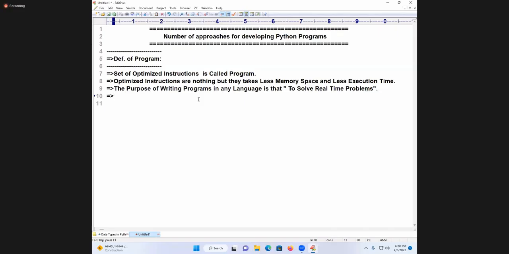Right. In Python programming, we have two approaches to write programs. This is a little important point. In Python programming, we have two approaches to write the programs. They are: